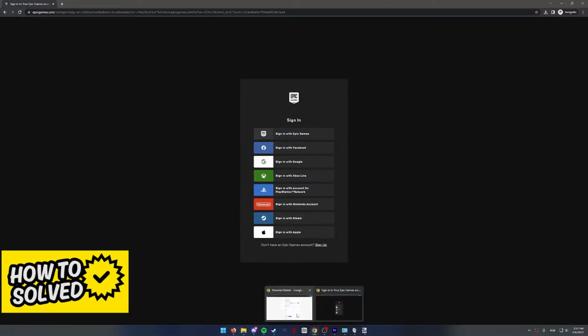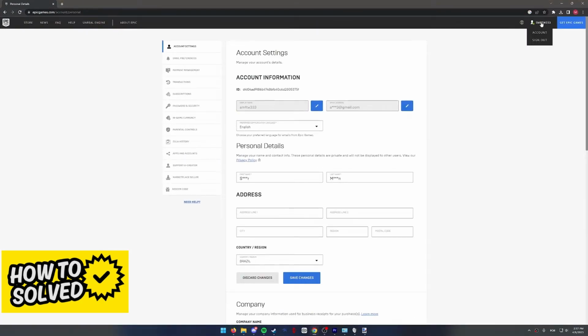and after you do, you will be able to hover over your name again at the top right corner of the website and select Account from the drop-down menu that appears. Now, in the account settings, you will be able to see all of your account's credentials, including your email address,